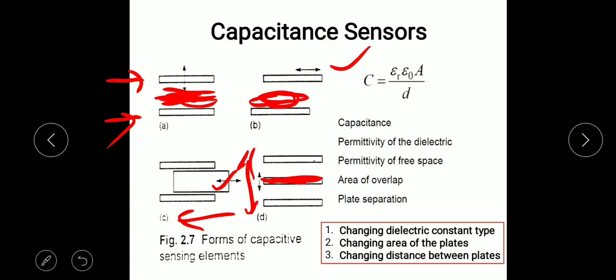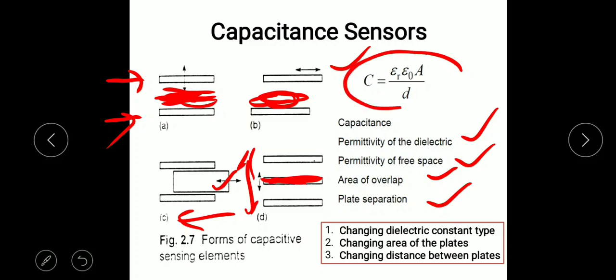This is another type, and we have an equation C is equal to epsilon r into epsilon O into A divided by D, where epsilon r is the permittivity of dielectric, epsilon O is the permittivity of free space, A is the area of overlap, D is the distance between plates. And using this equation, we can classify capacitive sensors as